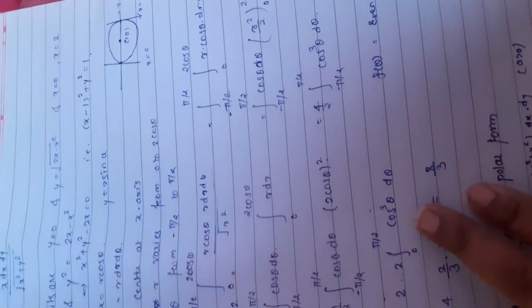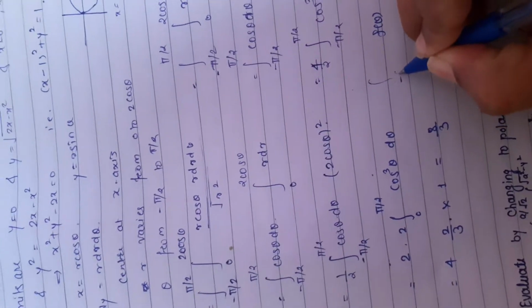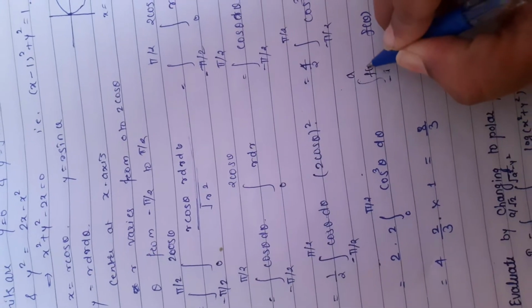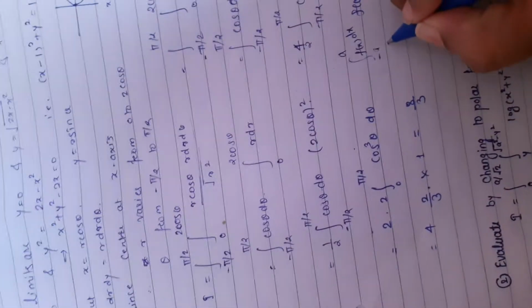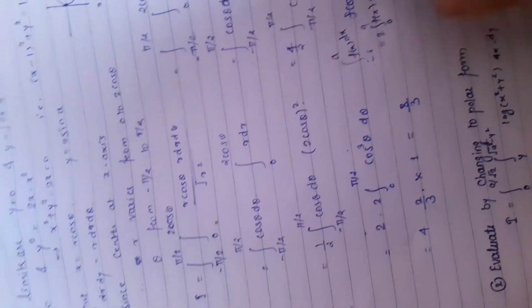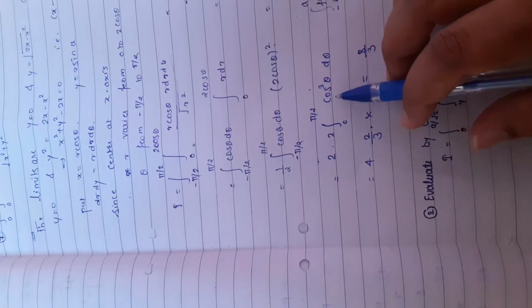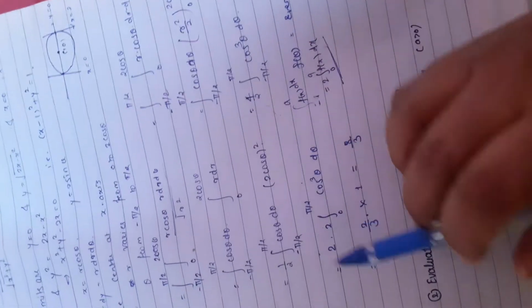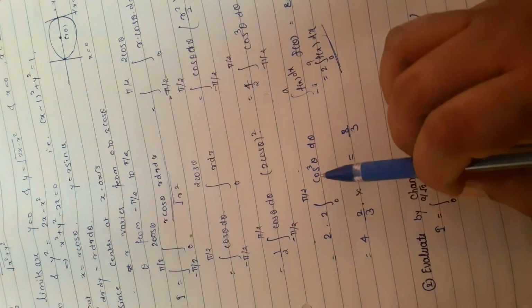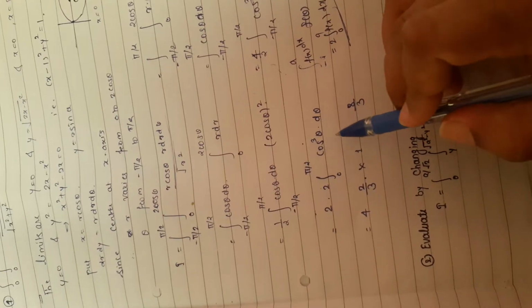If cos is an even function, we know the property of integration: if it is given integration from minus a to a of f of x dx, then this is equal to 2 times integration from 0 to a of f of x dx, with the condition that f of x is even. So cos theta is an even function, so cos cube is also even. So this becomes 2, this division by 2 is as it is, this 2 is integration 0 to pi by 2, then 2 twos are 4. Now here it is cos cube, the derivative is not present, so we can apply the reduction formula.